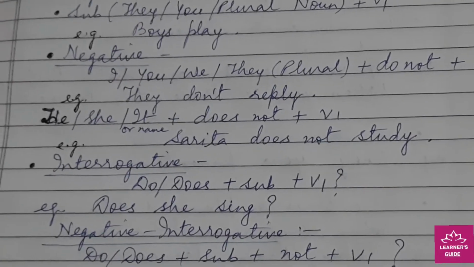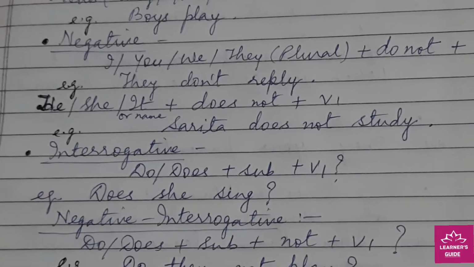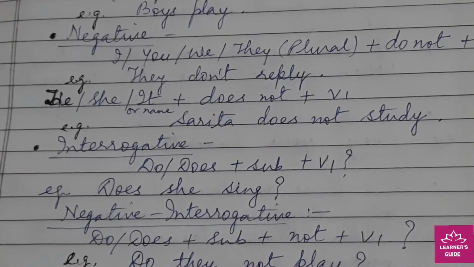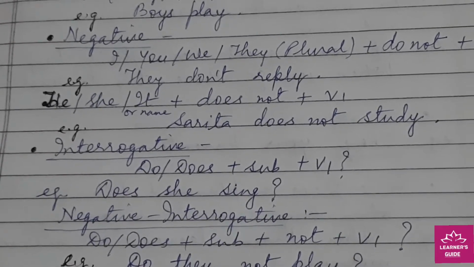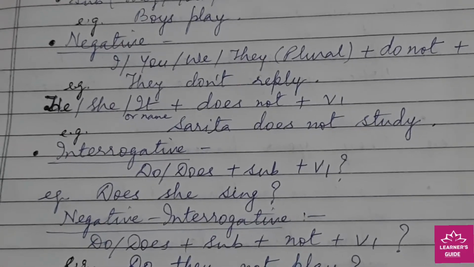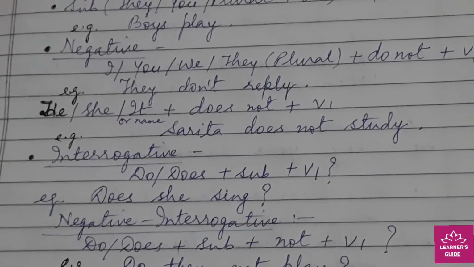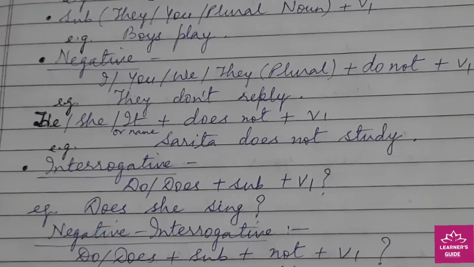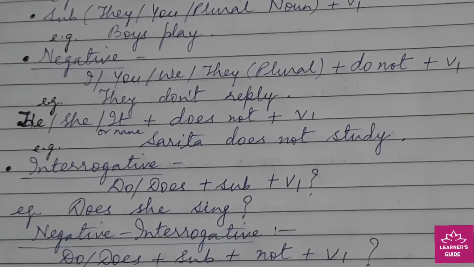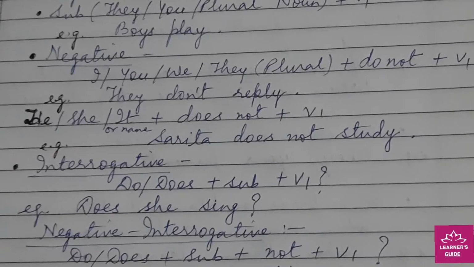Like the subject can be I, first person singular number, or second person you, or plural number first person we, or plural number third person they. Okay, so with I, you, we, they, we use do not or don't. D-O-N apostrophe T can also be used. So with these subjects we add don't